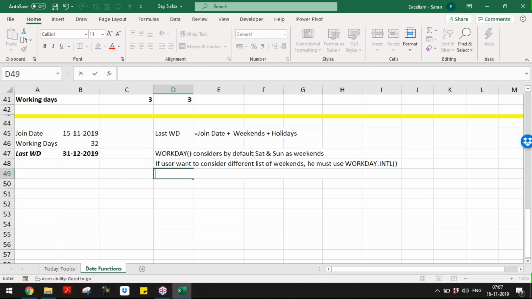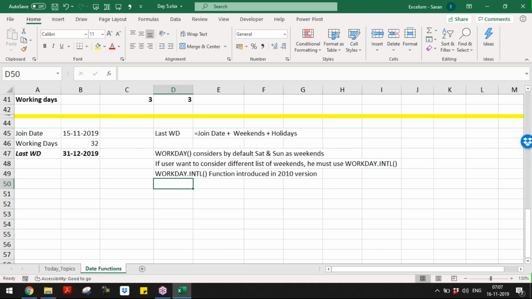This function was introduced in the 2010 version. That means if you are using the 2007 version or below, you cannot work with WORKDAY.INTL.